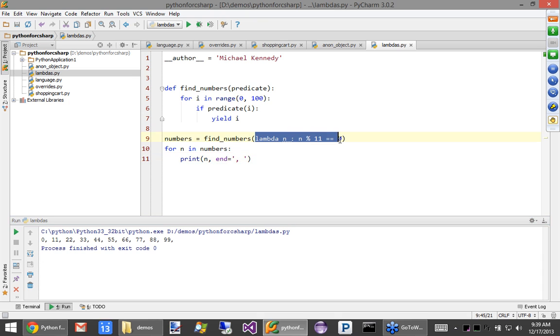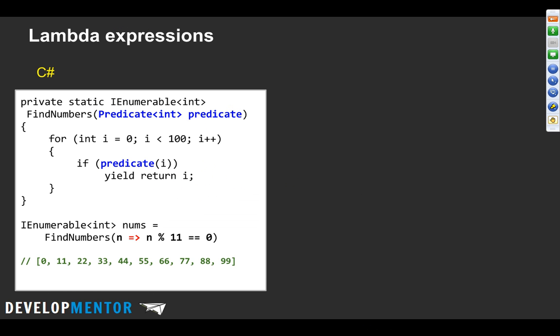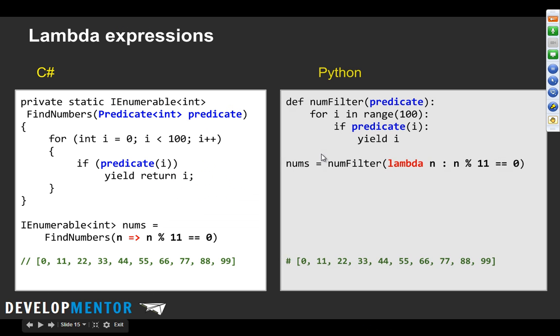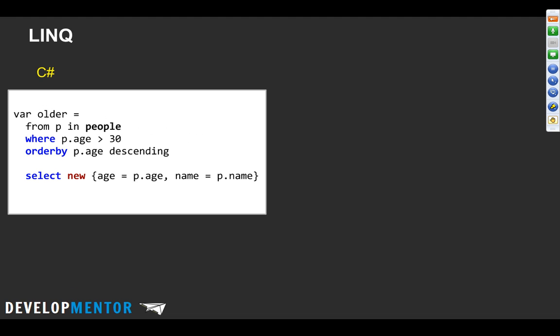Lambda expressions, anonymous types, all these things that you think are so special about C#, well, Python has them too. That's not to say C# is bad, right? C# is awesome, but Python is awesome too, for a lot of the same reasons. So here, if you want to do the same basic thing, look at the conciseness. I can create a lambda, and given an n, find me the divisors, pass the predicate and call it, and so on. Okay? All right, so let's move on to the next one.